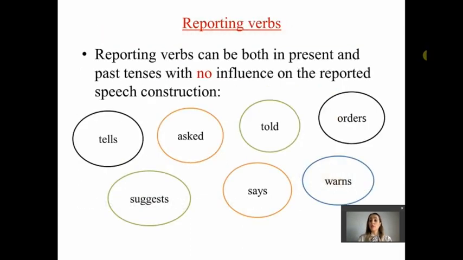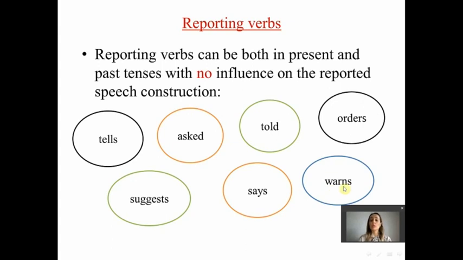When we talk about reporting verbs, as you can see in these bubbles, they can be both in present and past tenses, with no influence on the reported speech construction. We can use tells, asked, suggests, told, says, orders, or for example, warns.